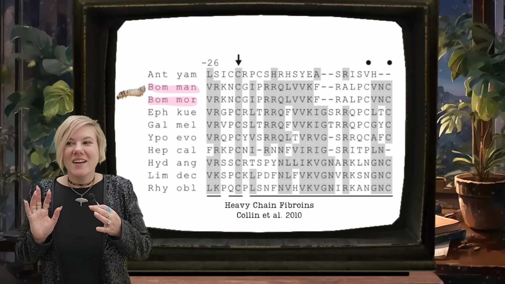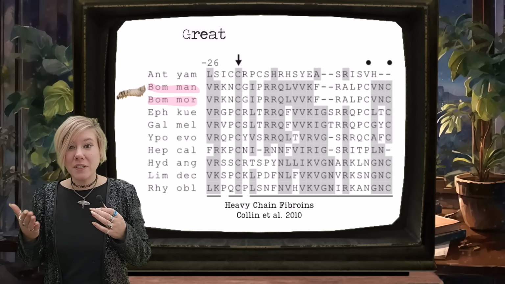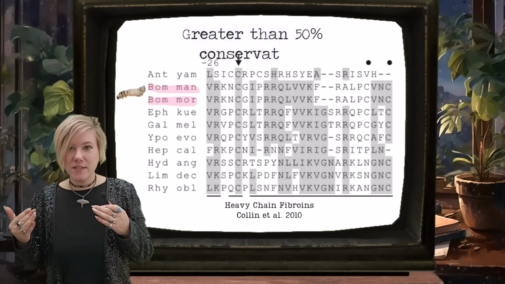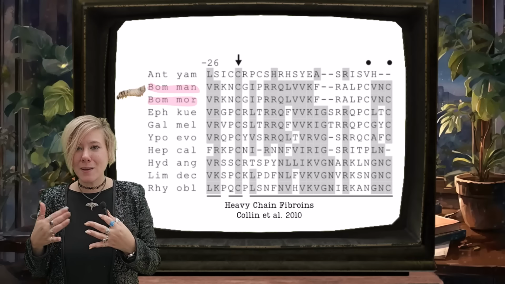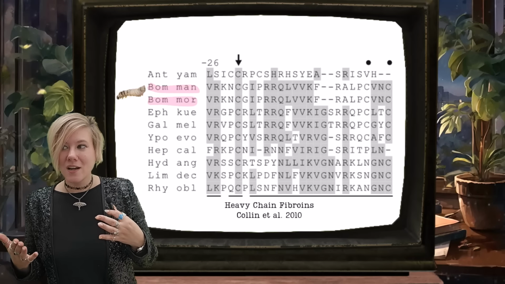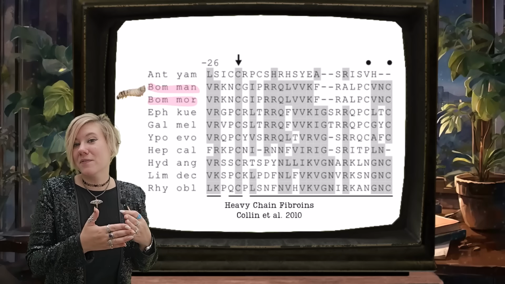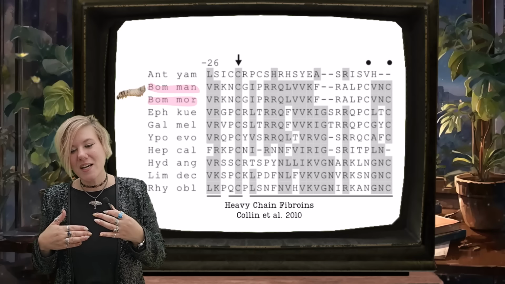You can tell that there is like 50% similarity even between all of these different species. Even though overall we're in the same Lepidoptera line, designed by the same architect, we have over 50% of the same types of chemicals going into making these heavy chain fibroins,